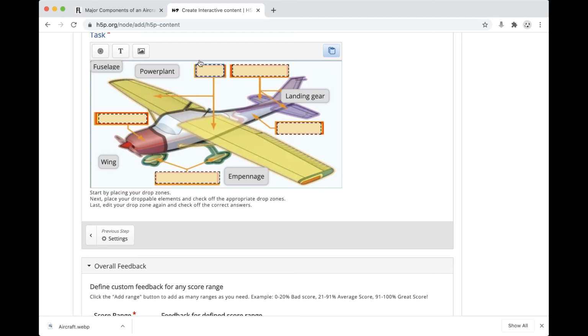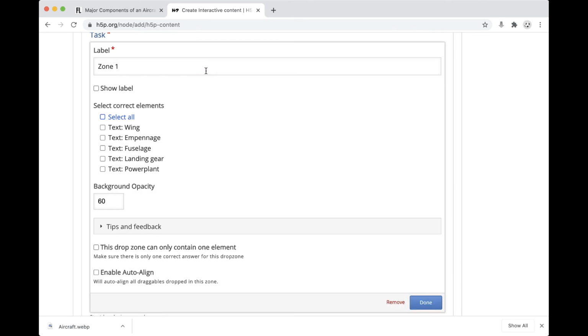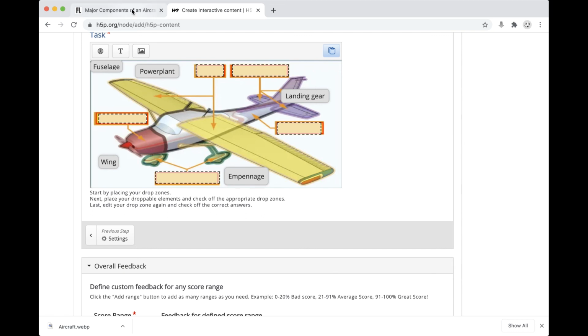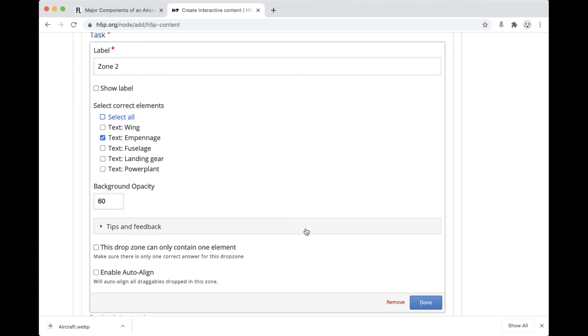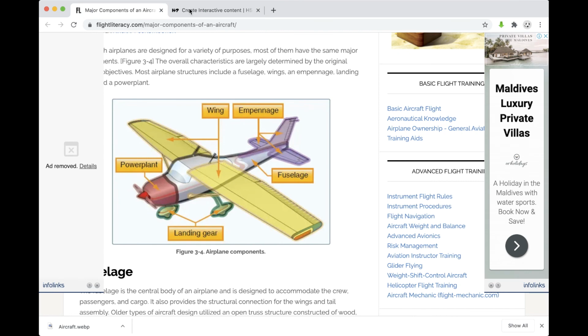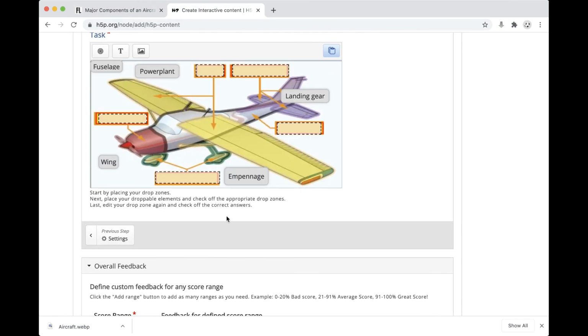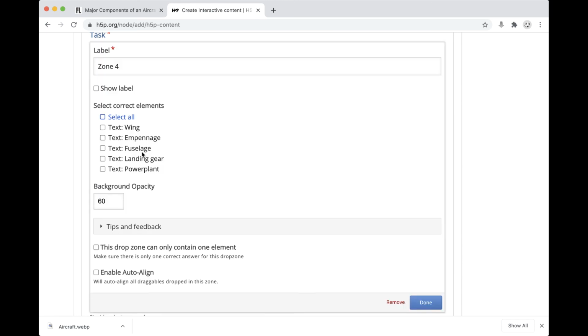So this one is supposed to be, according to this one, the wing, and these are the two wings. So if I double click on this now, I can see the draggable components, and the correct one is the wing. Done. So double click here, I can see, I select the right one. Now this one should be the power plant. Just want to make sure I'm doing the right thing. Yes, it is. And this one should be easy, the landing gear, and this one should be